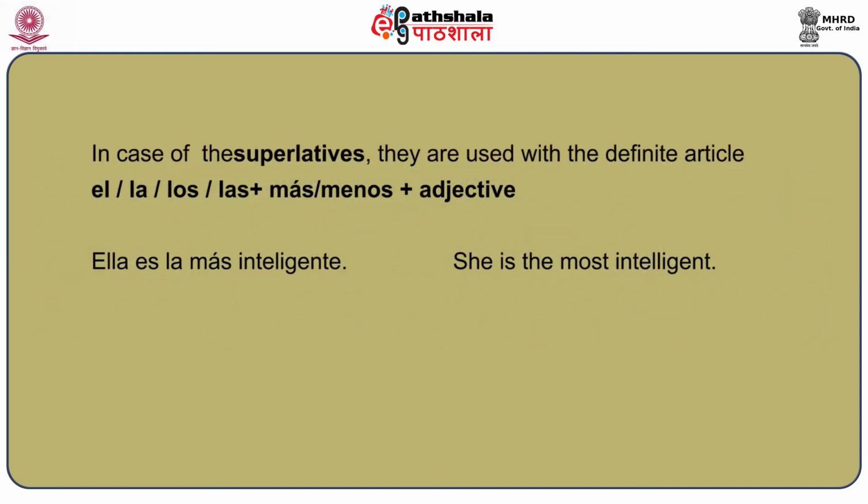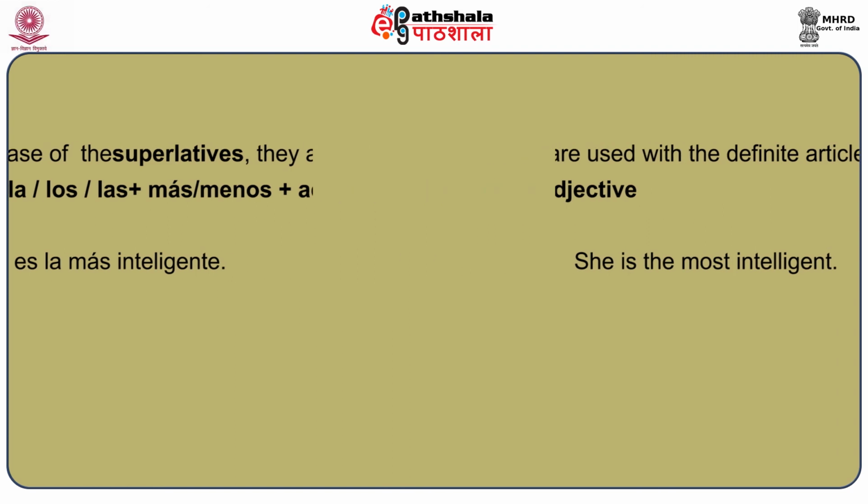In the case of the superlatives, they are used with the definite article, that is the definite article el, la, los, las, plus más or menos, plus the adjective. Now, no noun is used between the definite article and the comparative adjective, since the object to be compared has been mentioned before. For example, if you want to say she is the most intelligent, then we say ella es la más inteligente. And the same thing, if we want to say she is the least intelligent, we'll say ella